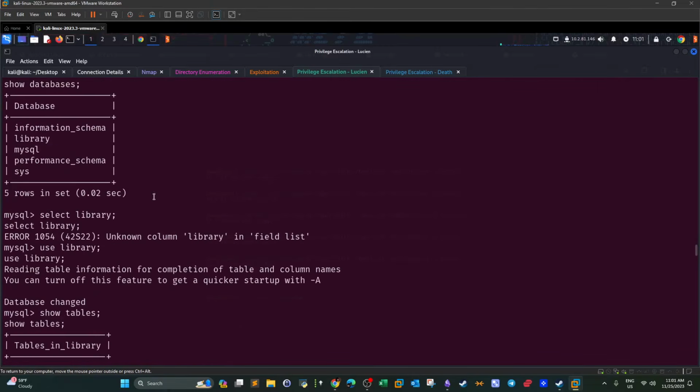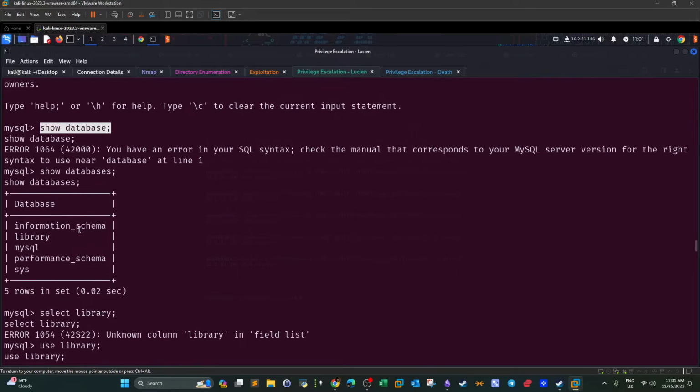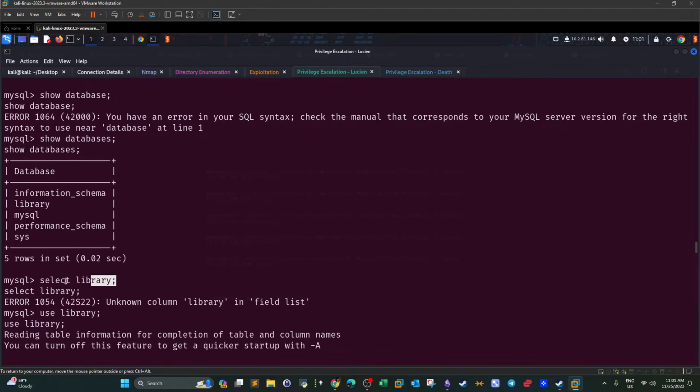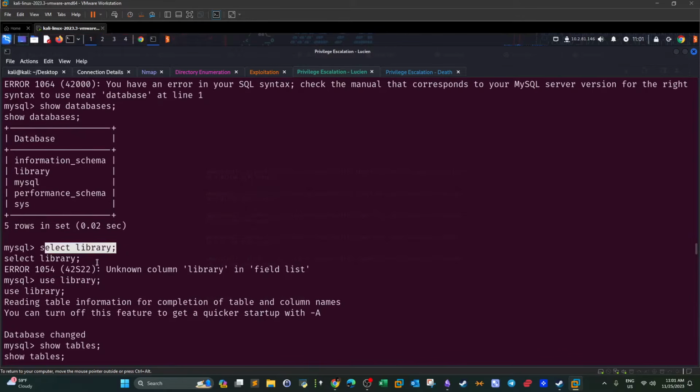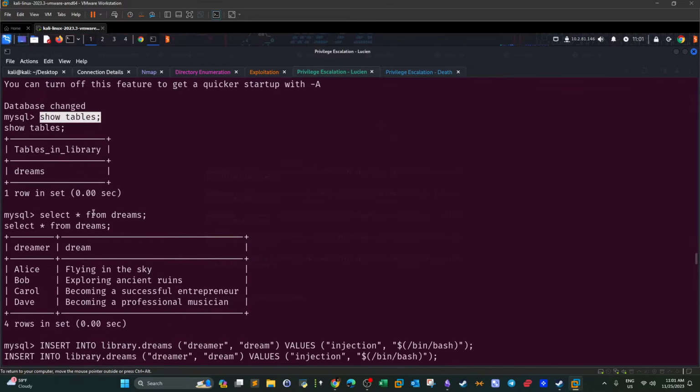When we log into the MySQL server, we will start the process of MySQL enumeration. First we show the databases. As you can see, we have one unique database named library. So we select this database to interact with it, and we choose to show the tables stored in this database. We have one table. To reveal the entries of this table, we use select asterisk,